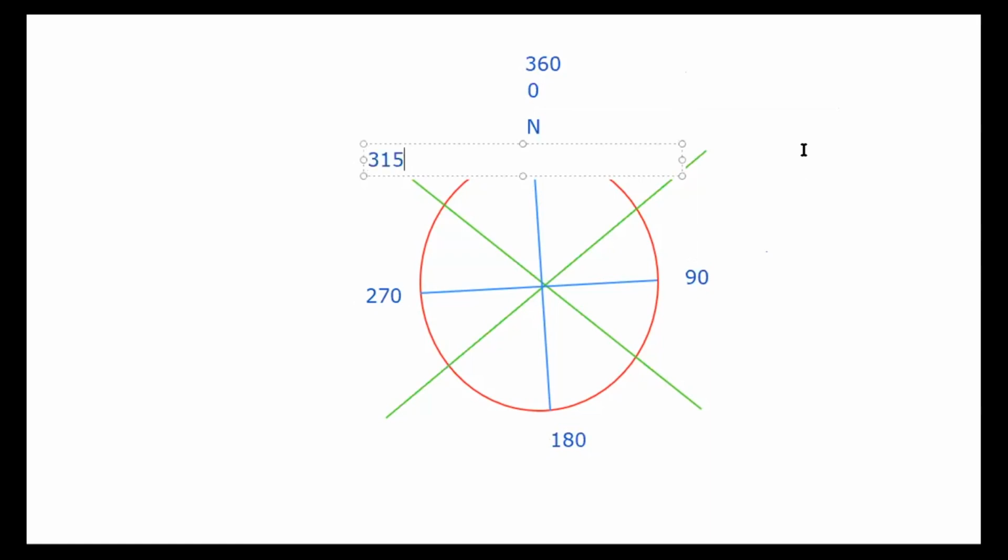Here it is 45, here is 135, here is 225. If any angle is between 350 and 45, I need to display the string N. If any angle is between 45 and 135, I want to display east. 135 to 225, sorry, south. 225 to 350, it is west. I want to display like this. So how can we do it? This one, I will